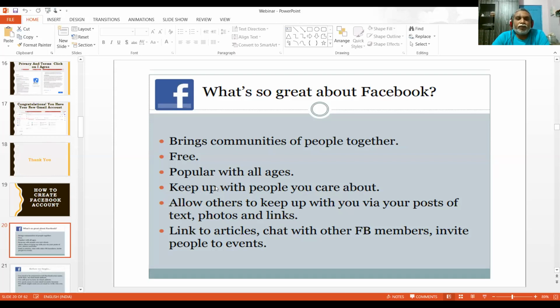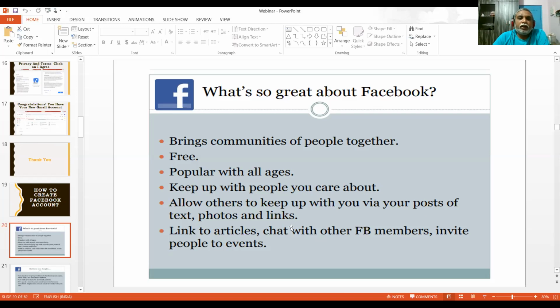It's totally free, and it's popular with all ages. Users of all ages use Facebook. Keep up with the people you care about. It allows others to keep up with you via your posts, text, photos, and likes. When you upload your post, many people see your account, photos, links, and various participations.